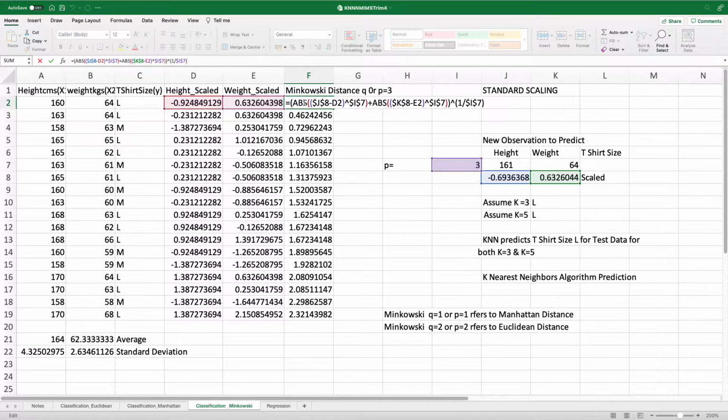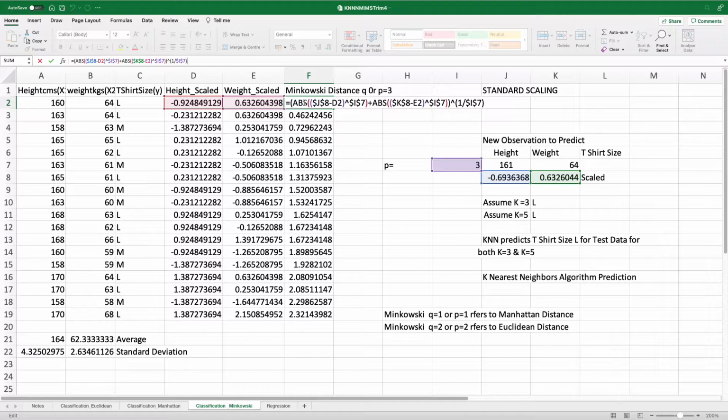So based on this Minkowski distance formula, we calculated the distance, then we sorted the distance, and then we have found the values. Okay, so this is your Minkowski distance calculation, wherein, be careful, P is equal to 1 is Manhattan distance, and P is equal to 2 refers to Euclidean distance.